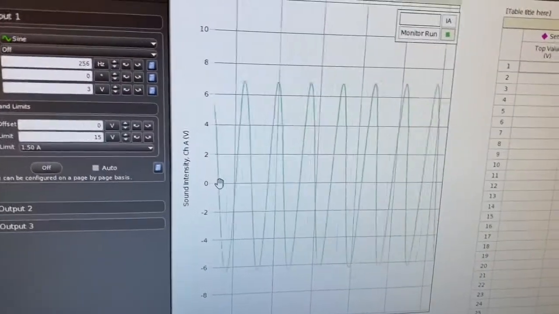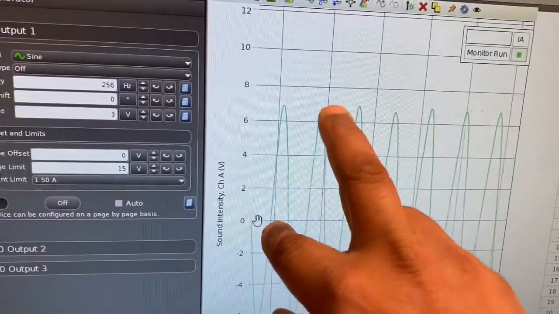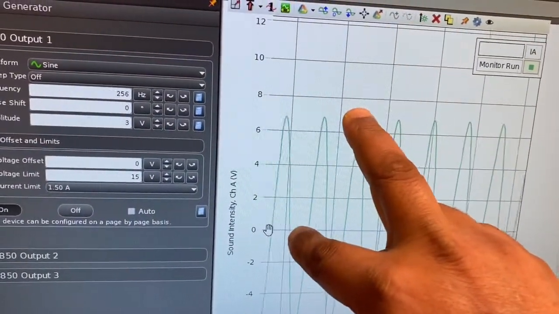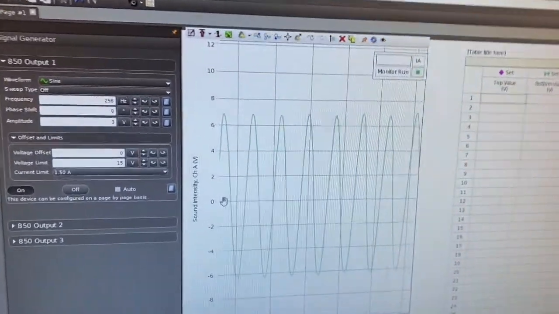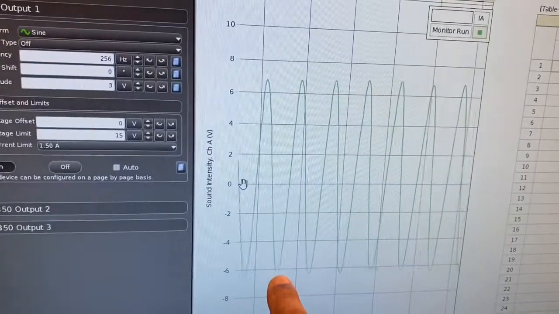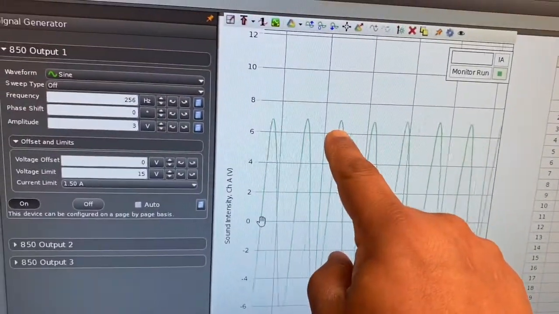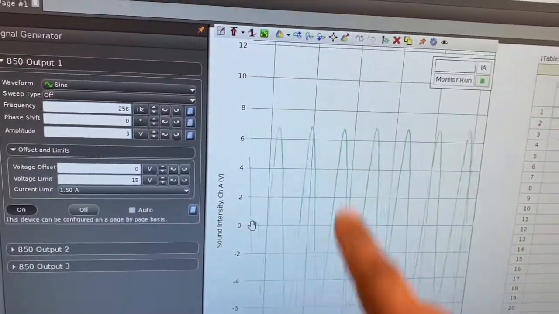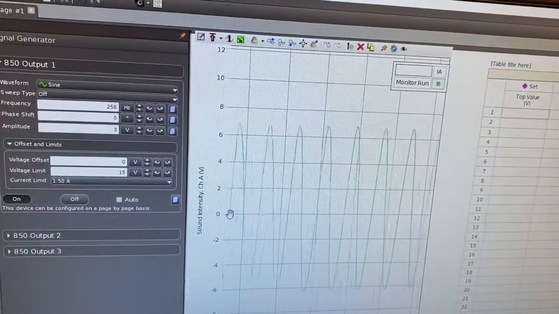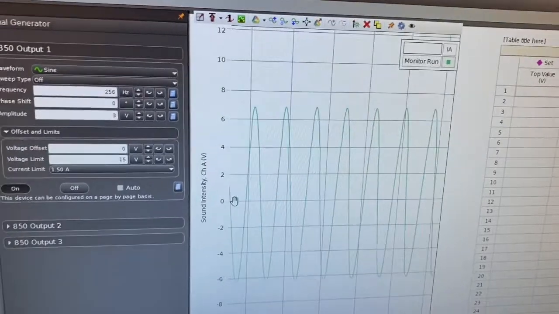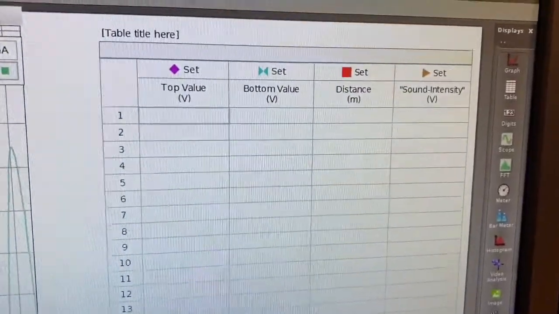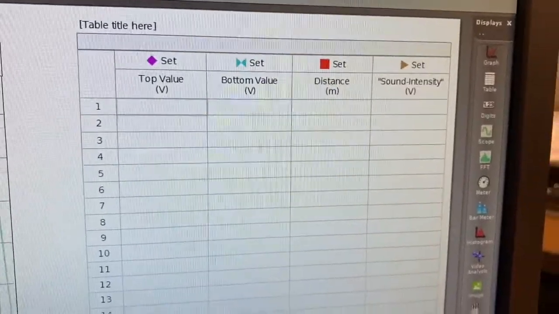From this position, 0 position, to this is the amplitude. So to get the amplitude, I'm going to get this bottom value and the top value and get the difference, and if I divide that difference by 2, then I will get the amplitude of the signal. To do that, I have this data table, so I can record the top value, bottom value,